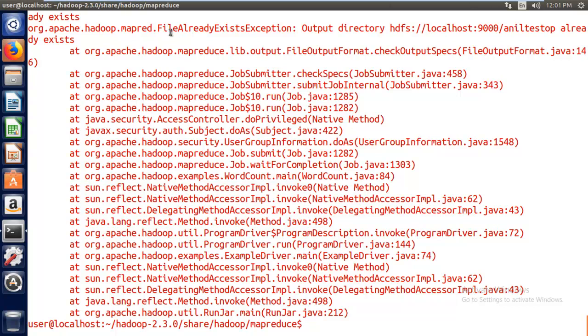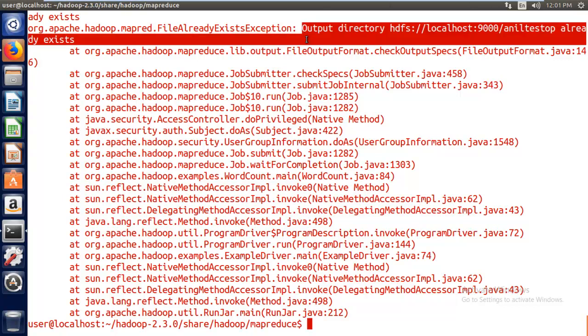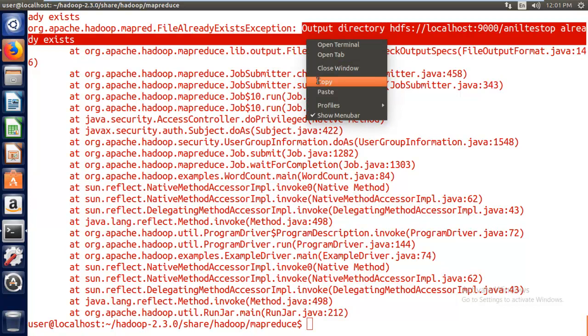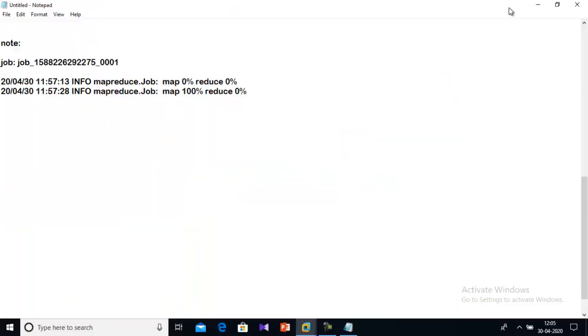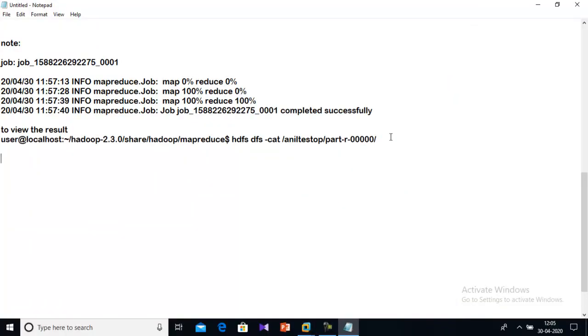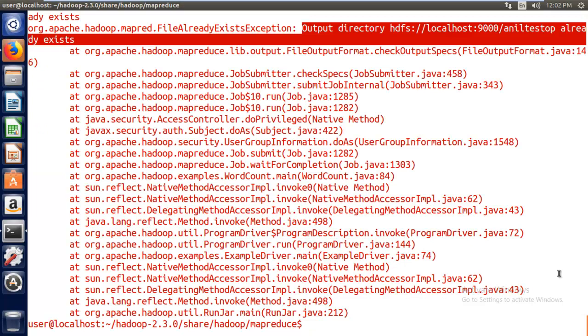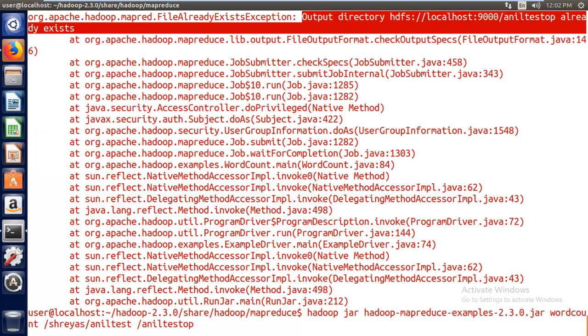Please read the error here: output directory already exists. So please never give an existing output directory location. If you want to rerun this application, just provide a new output directory location.